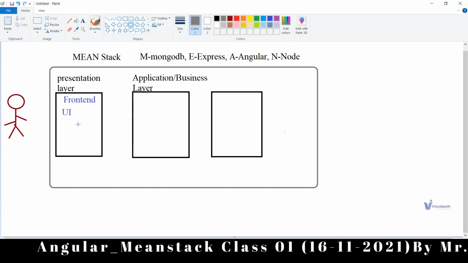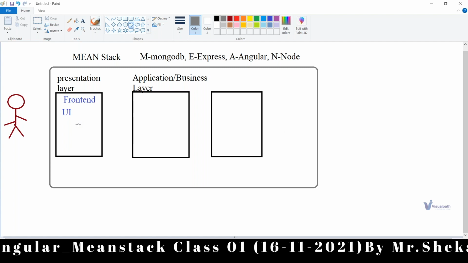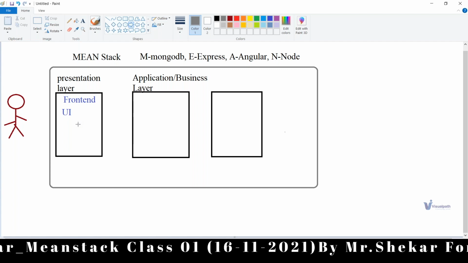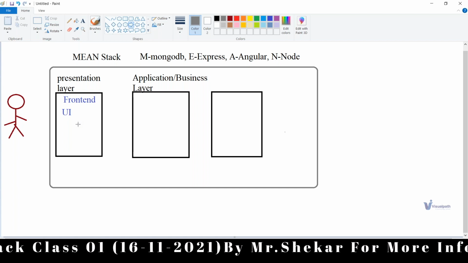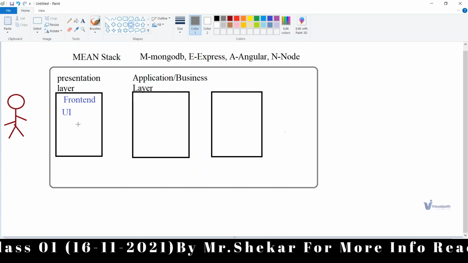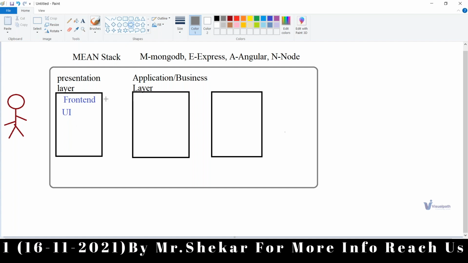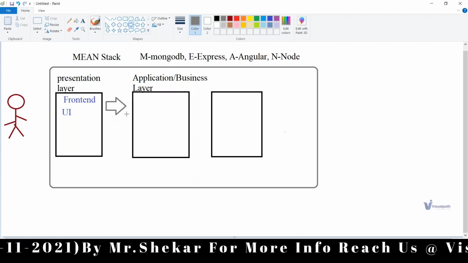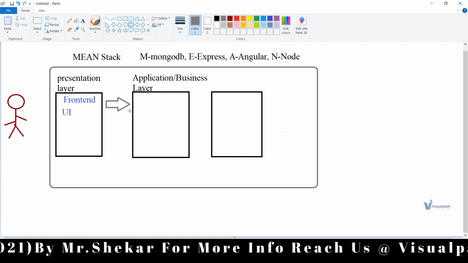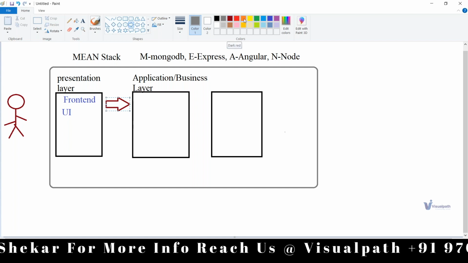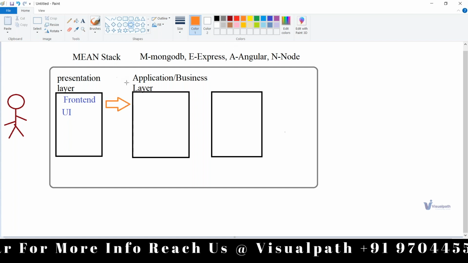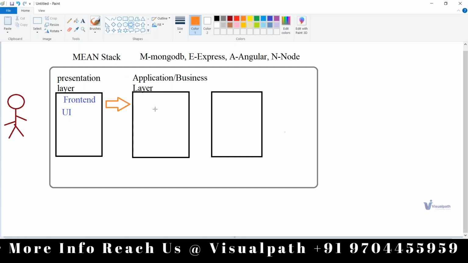There you have to enter first name, last name, mail ID, phone number, and so on. Then what happens immediately? Your data usually gets transferred to the next level, that is, the application layer. So inside the application layer, what will happen?